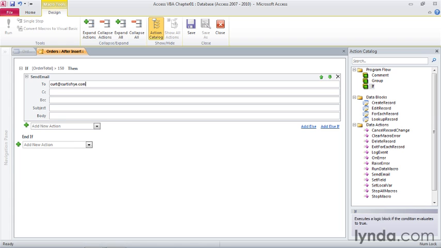this address here. Then I'll press the Tab key to move down to the subject line, and I'll type Offer Customer Discount. Press Tab to move to body, and I'll just type in something simple. Order more than $150 -- offer customer a discount on future orders. That's there, and I can press Control S to save my work,